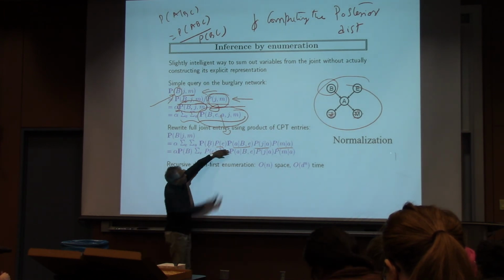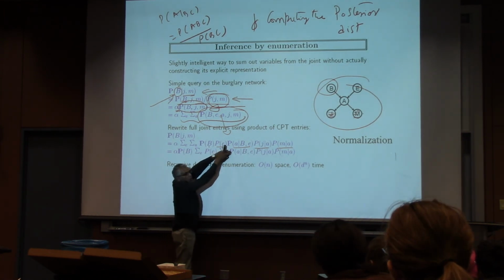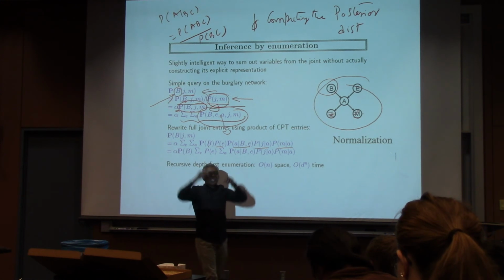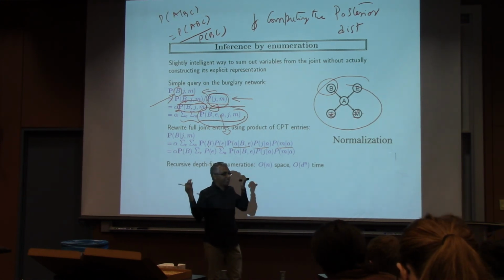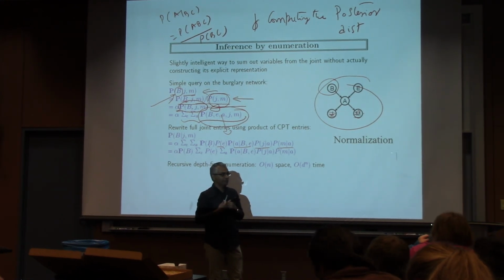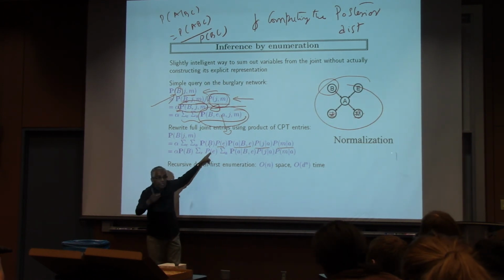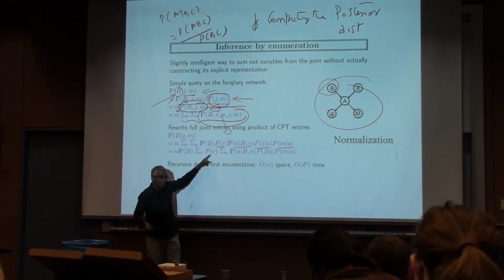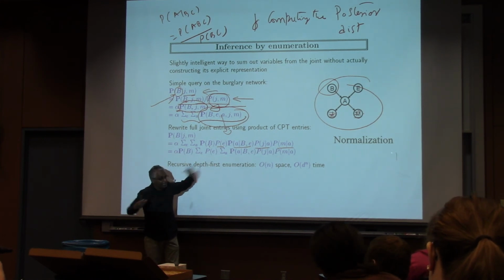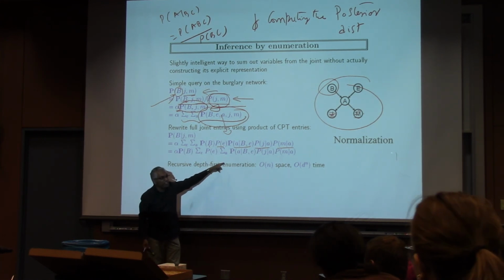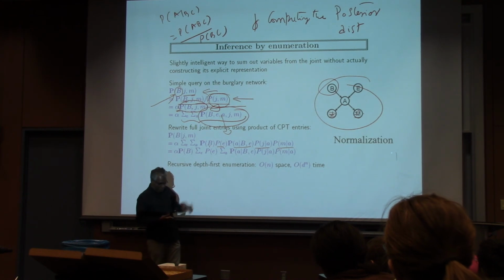So actually, if you just understood up to this point, you already know which joint distribution entry numbers you have to add up to get the value that you want. This one is saying you don't even need to compute those joint distribution numbers, which requires multiplications multiple times. You can actually compute them more efficiently. And in fact, if you look at this,